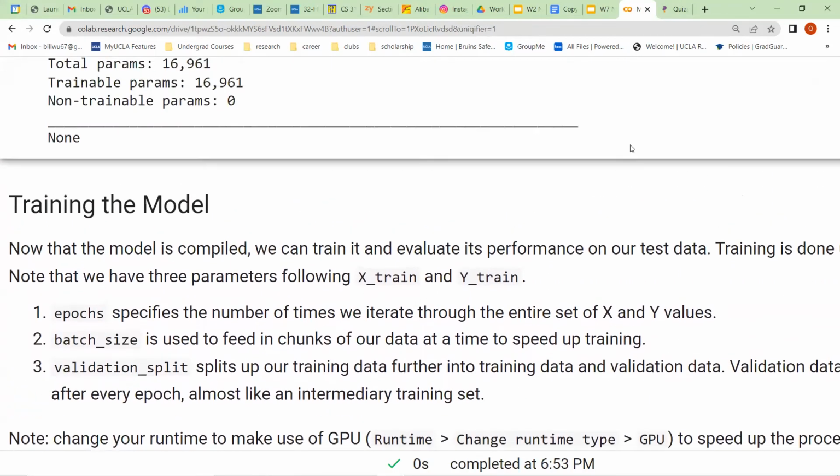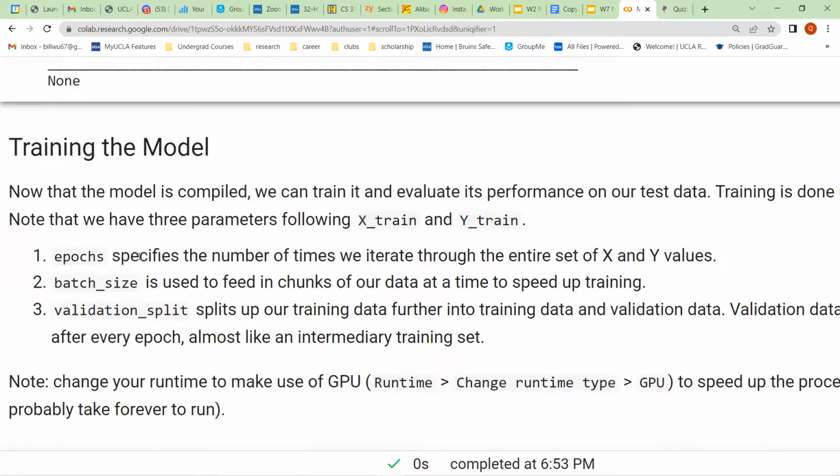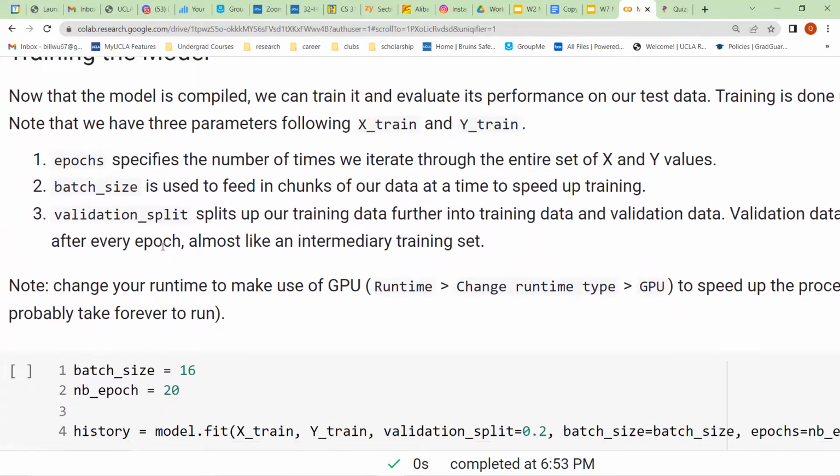Yeah, so now we're going to go on to model training. For model training, the industry standard practice is to do something called cross-validation, and we're going to practice that here. What cross-validation says is, look, I have all this training data, right?